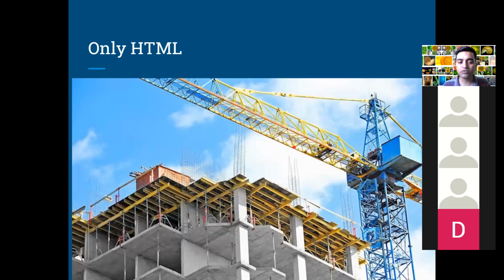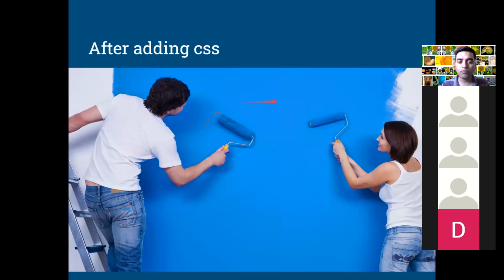Before that, this is a construction site. So if you write a plain vanilla HTML code, it will look like this, a construction site with pillars and rods. But what we see in our day-to-day life is this: a beautiful home, properly colored, properly spaced out. So this is what CSS does.